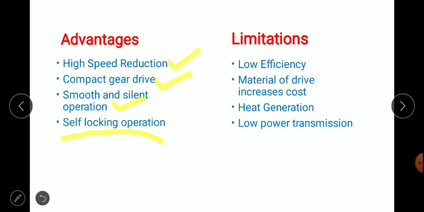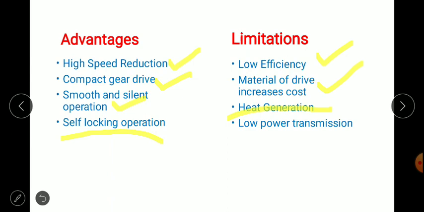Next one, there are some disadvantages. Very low efficiency due to the high speed or velocity ratio. Second, since the worm gear is made of bronze or cast iron, which increases the cost of the material, the drive is costly. Next, when we compare with a spur gear or helical gear, power transmission is most probably with the help of